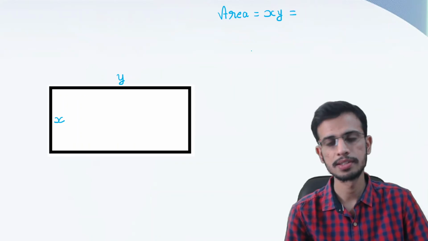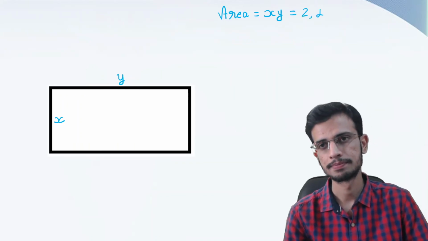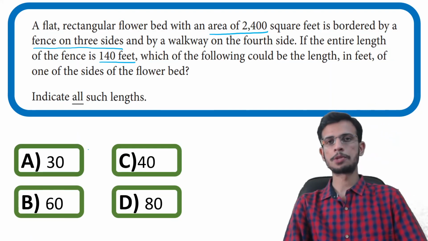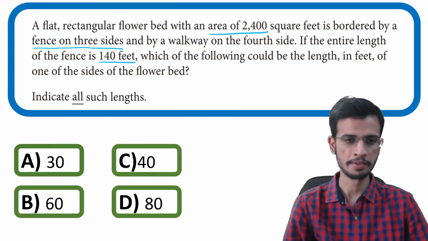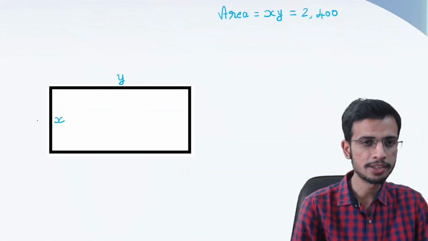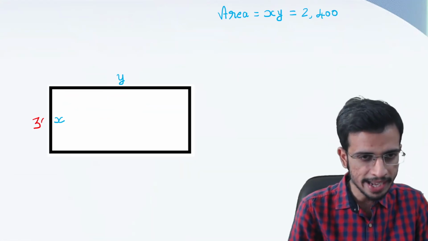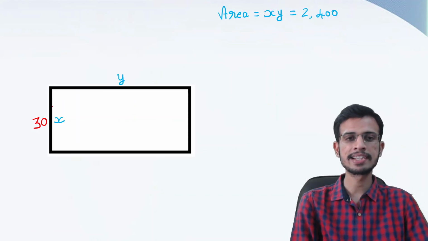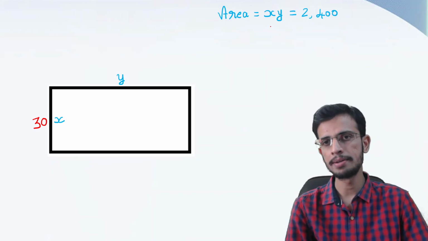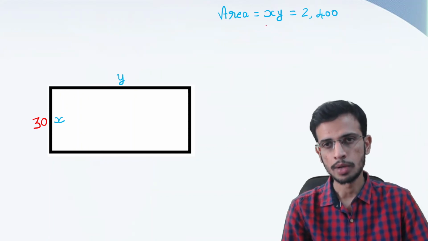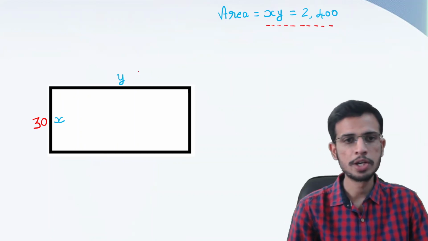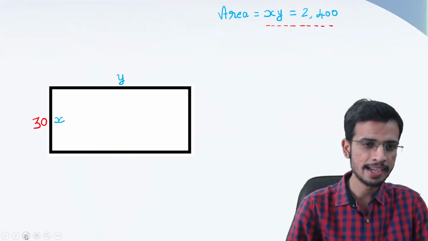Area is given to us 2400 square feet, obviously. So if we consider option A as correct, then we'll say 30 feet will be side length of this. So if we take 30 as this side, then what will be value of another side, y, right? So in this equation, just put x equal to 30. So we got this side length is 80,